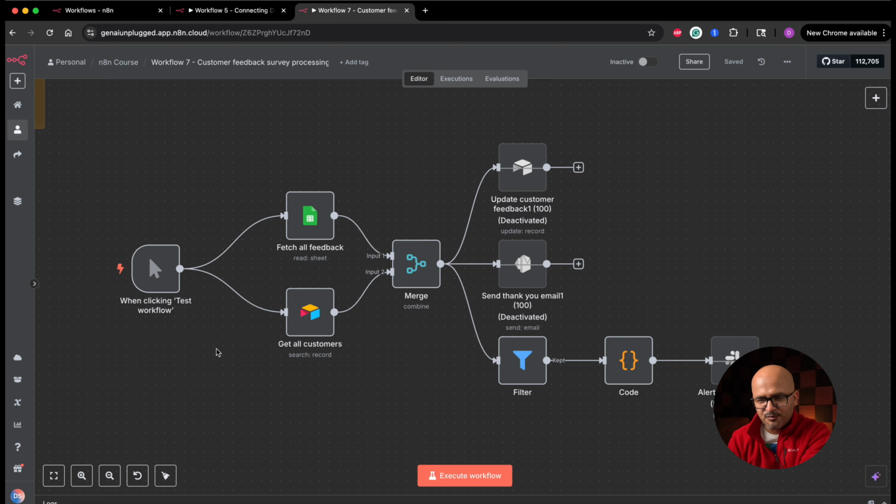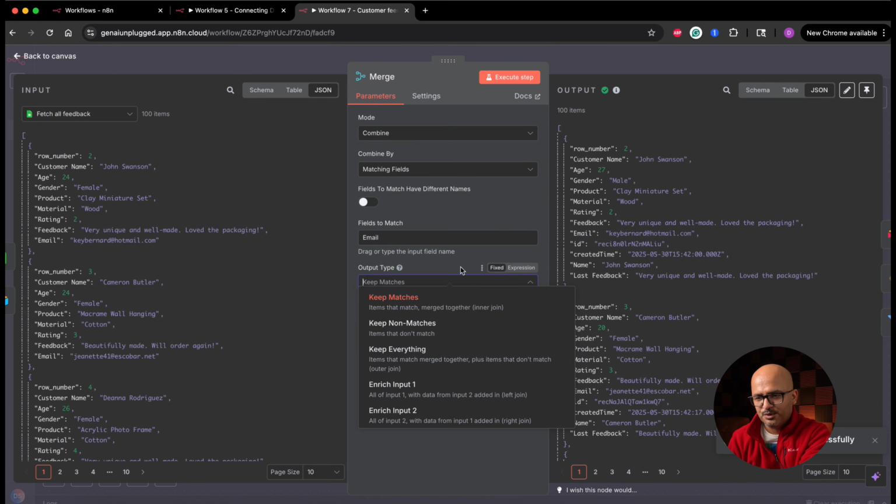So in this workflow, on click, we are fetching the feedback of customers from Google Sheet. We are also getting the customers data from an Airtable, and then we are merging both these things together. So let me click on it and see what happens. This is going to fetch all the feedback. This is going to fetch all the customers data, and you can see in the merge node, we are merging